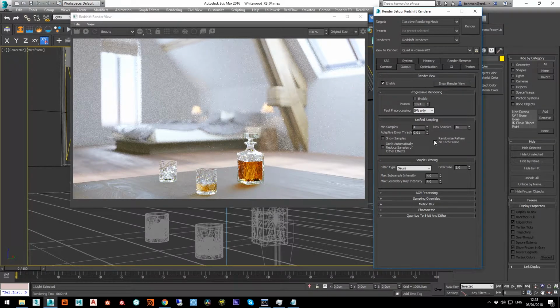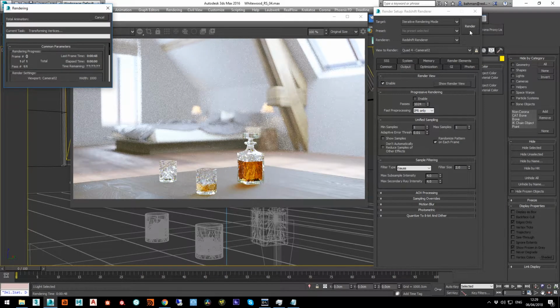After that we have to change the min and max sampling. As I said, this sampling is for the depth of field, motion blur, and anti-aliasing. So we just want to make sure that we are fixing sampling in lighting, reflection, and refraction correctly. So let's make them 1. It means that there are not going to be any samples for anti-aliasing and other effects. So now if we just make a test render,